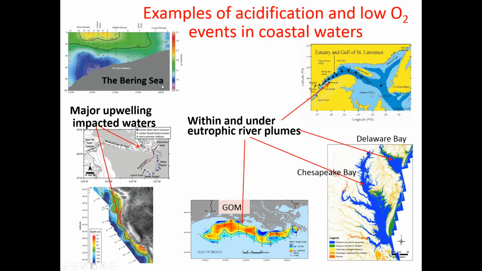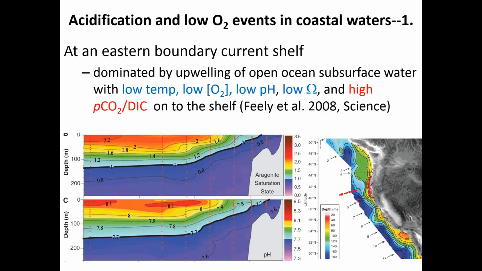I will first present a few published results about acidification in coastal oceans. So we will start with the U.S. west coast, and come back to the east coast. This is an upwelling-dominated system in the U.S. west coast, and then you can go up to the Bering Sea, and then come to this side to the St. Lawrence River, come down to Delaware Bay, Chesapeake Bay, Mid-Atlantic Bight, and to the Gulf of Mexico. So I will lead you through this quickly.